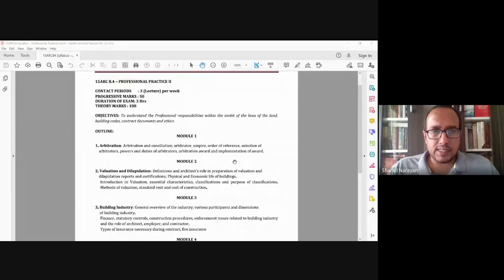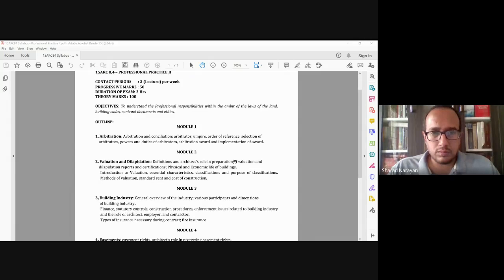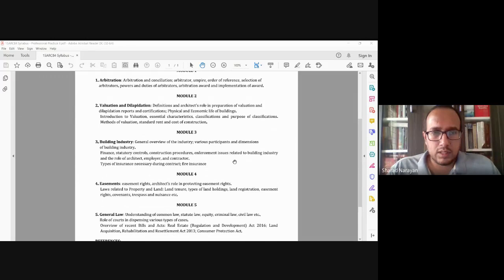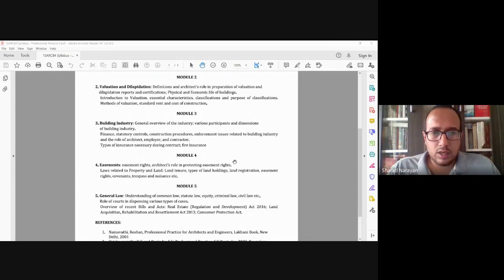Now, the syllabus states that we will be covering these following topics as a part of your second professional practice. We will be looking at arbitration in module 1. We will be looking at valuation and dilapidation as module 2. We will be looking at the building industry, finance, and types of insurance as a part of module 3. We will be looking at easements, laws related to property, land tenure, types of land holdings, so on, as a part of module 4. And module 5 will be about general law, rules of courts, and overview of recent bills